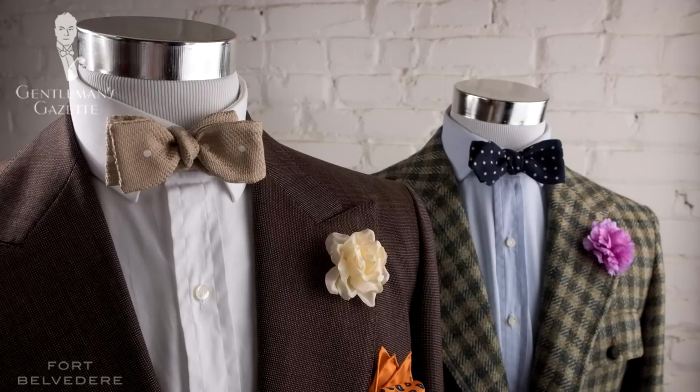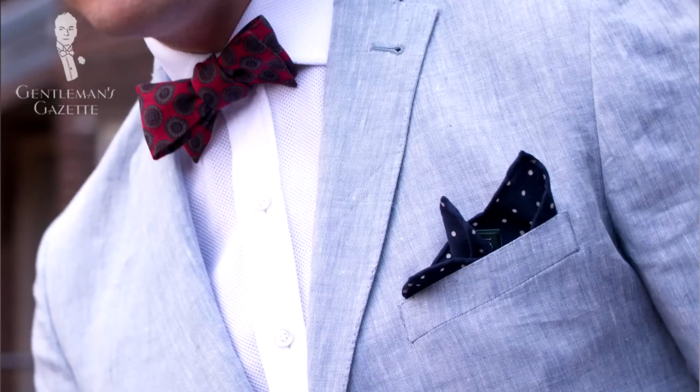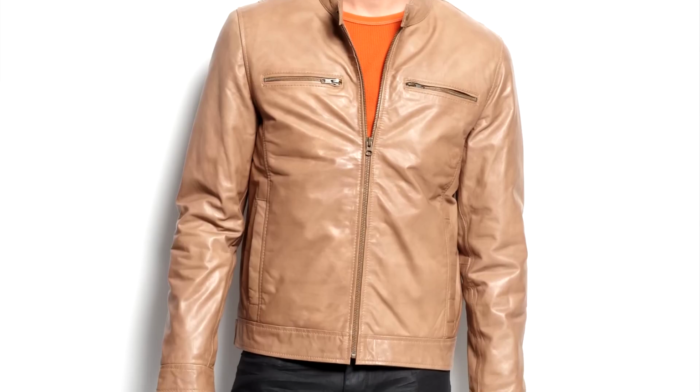So, who is the Jodhpur boot for? I think it works really well with casual suits, flannel suits, and sport coat combinations. You can also pair it with a leather jacket or jeans or chinos. Because there's no broguing and it's a flat boot, you can also pair them with a regular suit. It's great for men who like clean, classic, and elegant lines and who don't just want to buy a boot